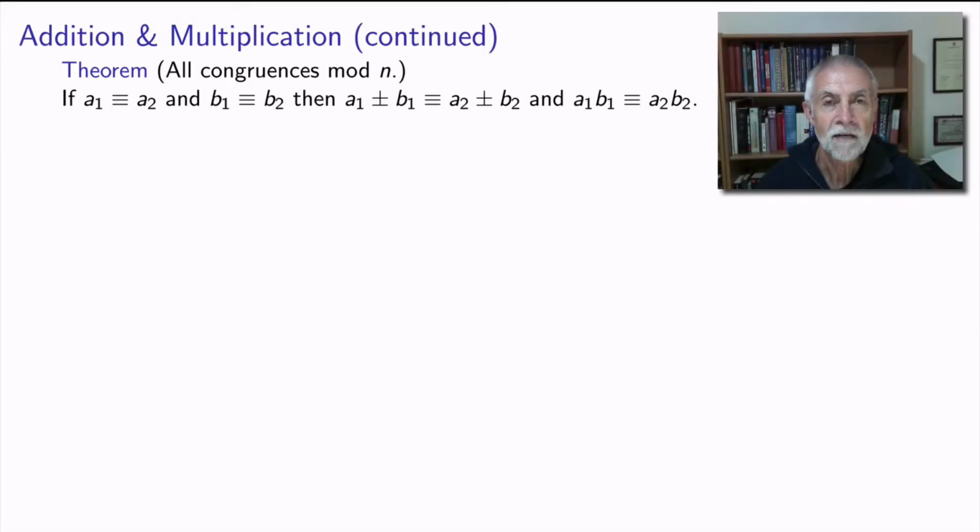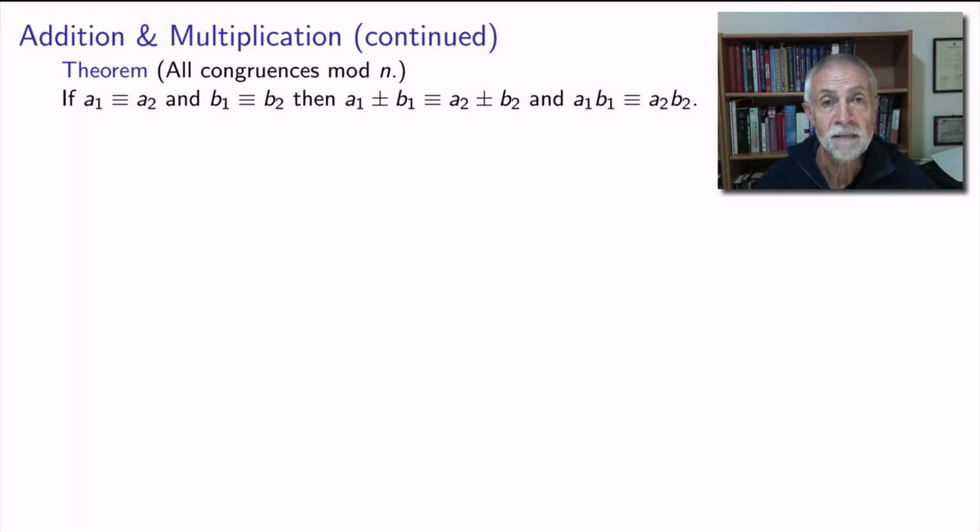In the last slide, we saw some examples where we did calculations modulo 6, and we saw that we could replace one integer by another if the two of them were congruent modulo 6. A similar result is true in general, and it's probably worthwhile writing it out a little bit more carefully, as a practice in formulating a theorem properly and as an example of how we structure a proof, a rather simple one in this case. So the general result is that if you have two integers, a1 and a2, which are